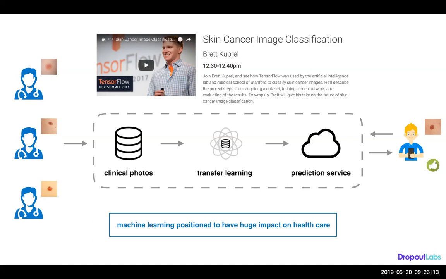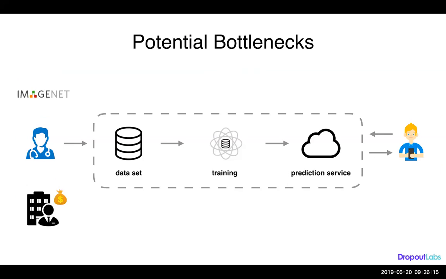But there's also some issues in this. And as I said, one way of framing this is in terms of the bottlenecks that could exist when we're trying to build a system like this. The first one is, how do we get access to this data? There could be some liability issues, for instance, from the dermatologist we just saw. It could also be that the company is willing to sell the data, but since they can't control how the data is being used,